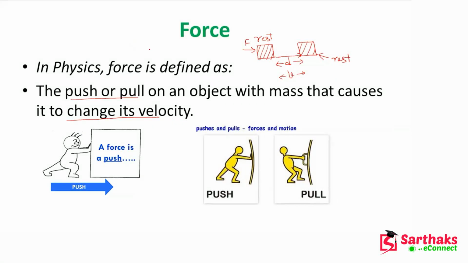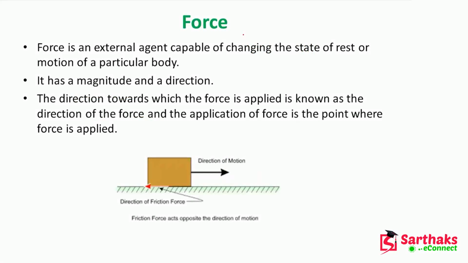Okay, so that means I am applying the force, that's why the object is moving, and here it changes its velocity. And what is the velocity here? First, if it will be at the rest condition, then final velocity v, always we are representing final velocity as v, so v will be 0, and u, that is the initial velocity you are applying, right? So this is the force. Now whenever I am applying force, at that time another thing that is very important to take into consideration, that is the friction.